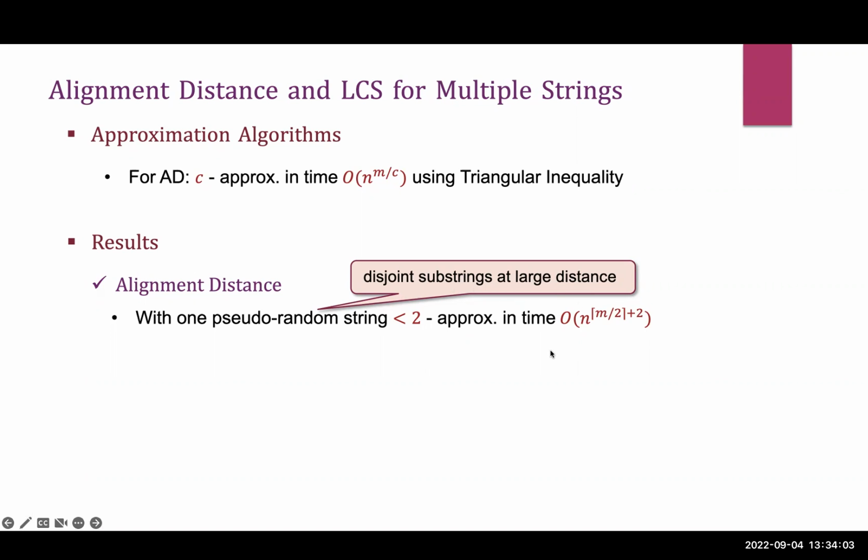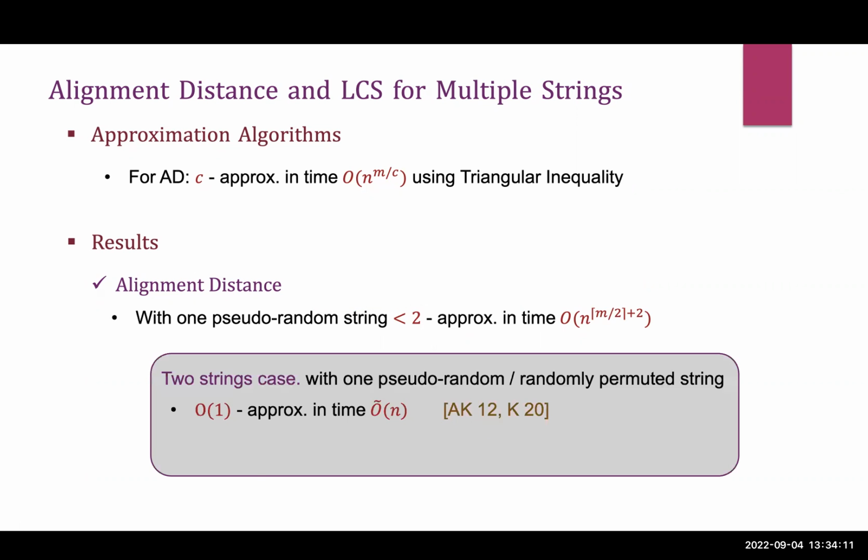So this pseudorandom model is also famously known as the smooth complexity model. The smooth complexity model is quite well studied when we consider two input strings. The first result of this type was given by Andoni and Krauthgamer, where they considered two input strings, where one input string is pseudorandom and the other input string can be any adversarial string. And for this input, they provided constant approximation of edit distance, which is a close variant of alignment distance, in